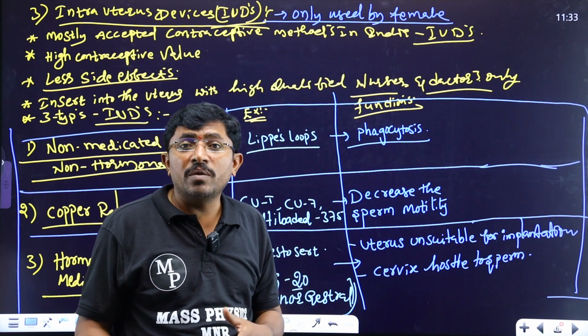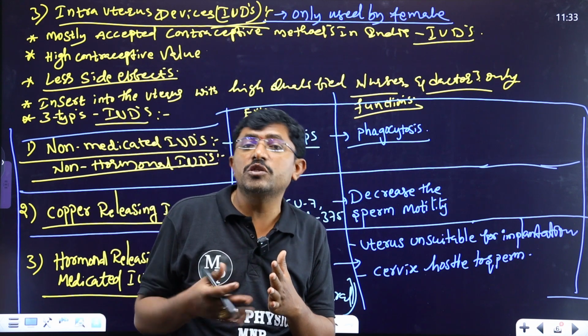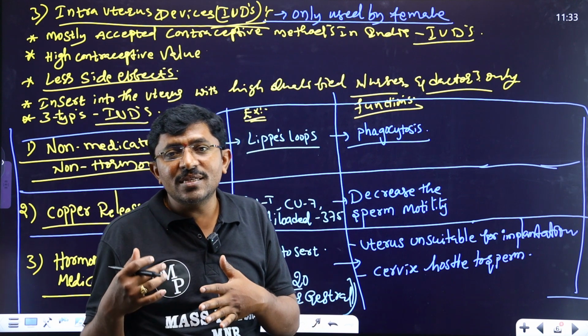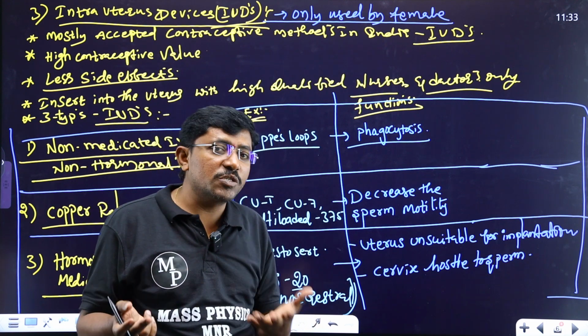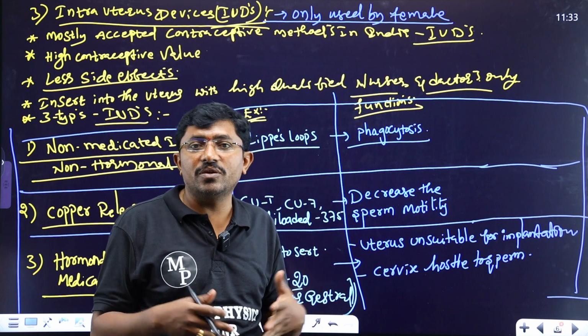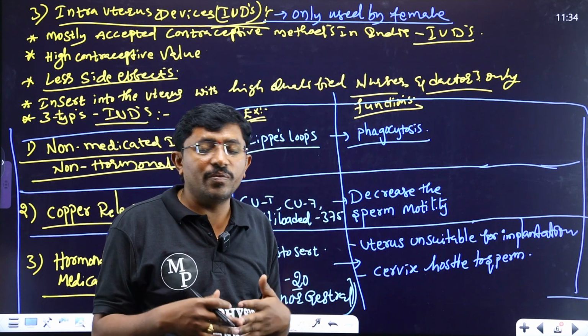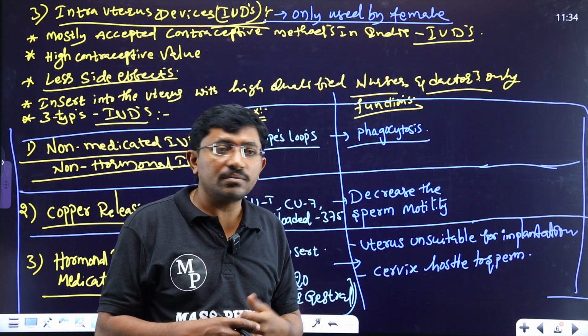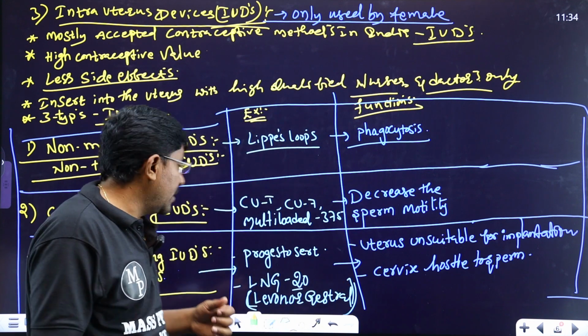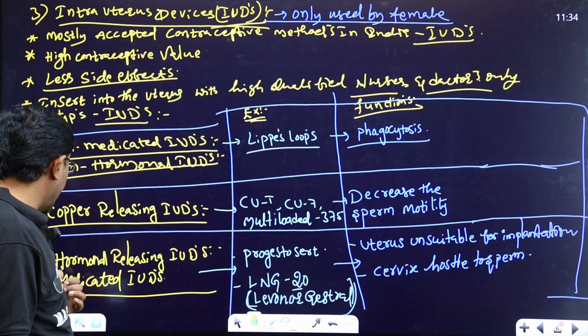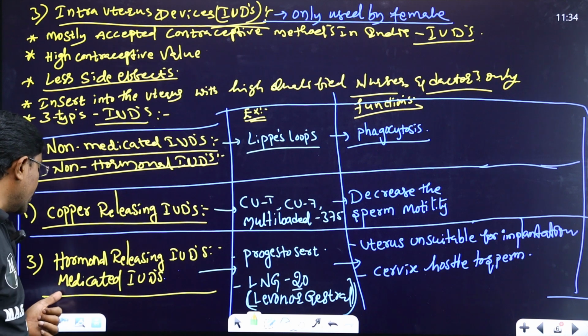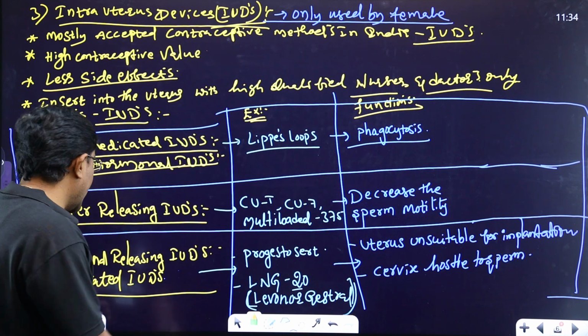Without ATP, the sperm tail is not able to swim. If the sperm tail cannot swim, the sperm is not able to move anywhere from the uterus to the fallopian tube. Sperm motility decreases. Next, the third type of IUDs are hormone-releasing IUDs, also called medicated